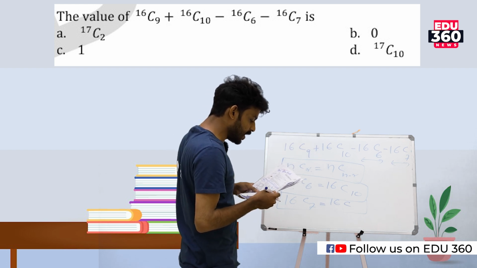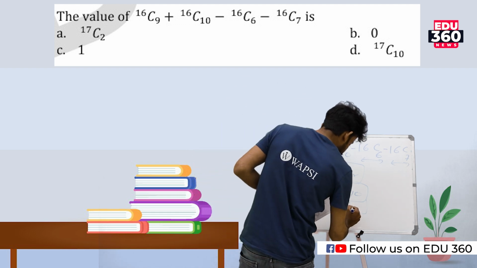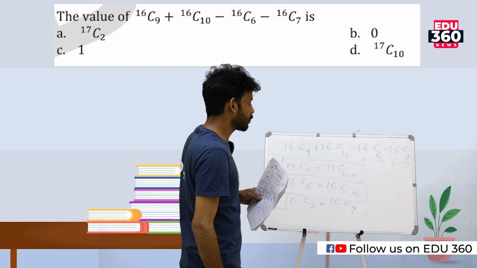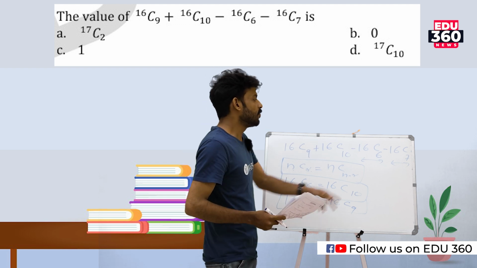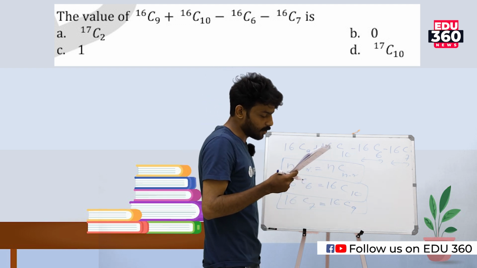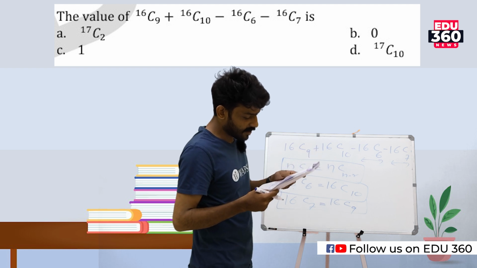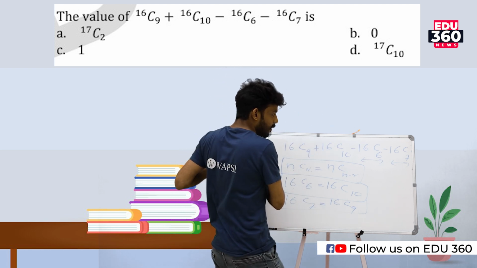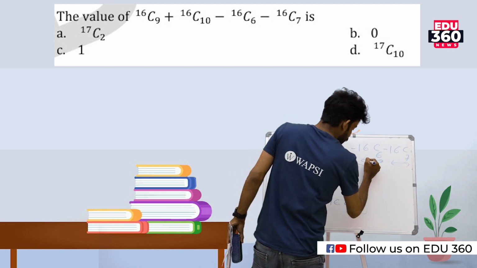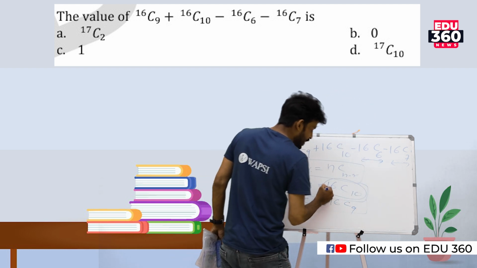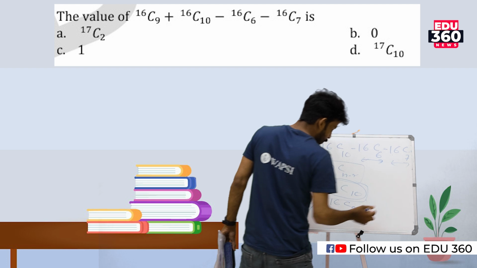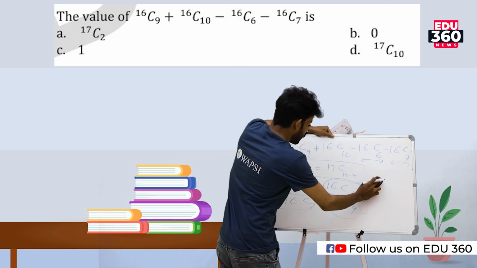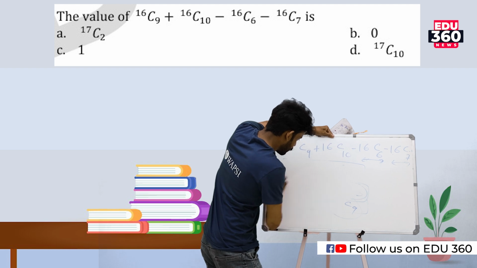So the value will be equal to 9. 16 minus 7, the value will be equal to 9. Okay, so 16 minus 7, the value will be equal to 9. So in the next step, we can write this as, that means instead of 16C6, I'm going to substitute it as 16C10, and instead of 16C7, I'm going to substitute it as 16C6. Okay, yes. So in the next step, we can write it as